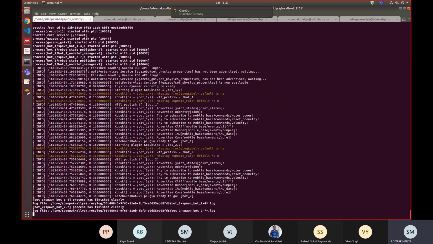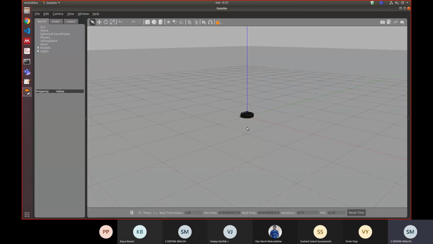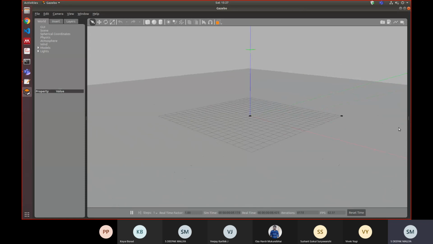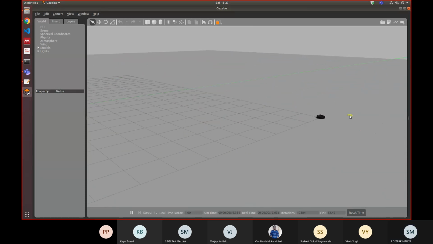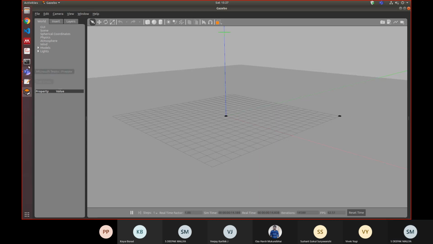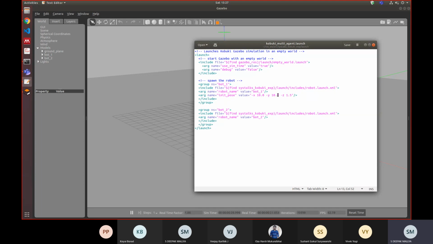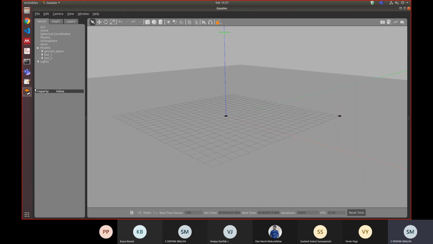Yes. So you have one bot and you have another bot. So bot models, you can see bot 1 and bot 2. Bot 1 I had initialized at 10, 10, x and y. So like this is the origin. Yeah, bot 1 and